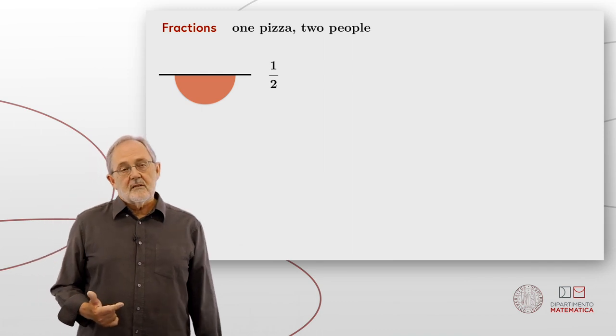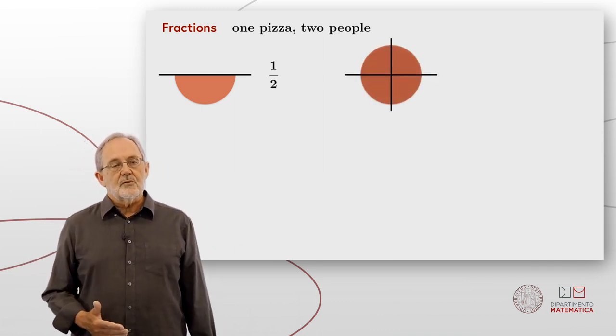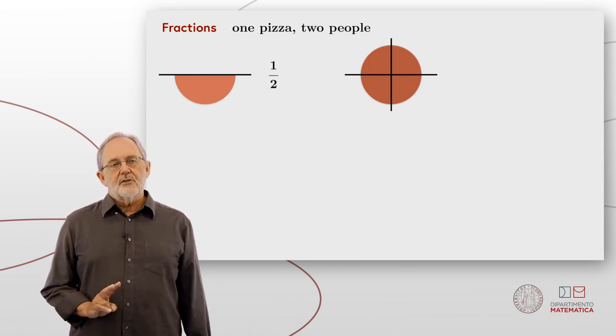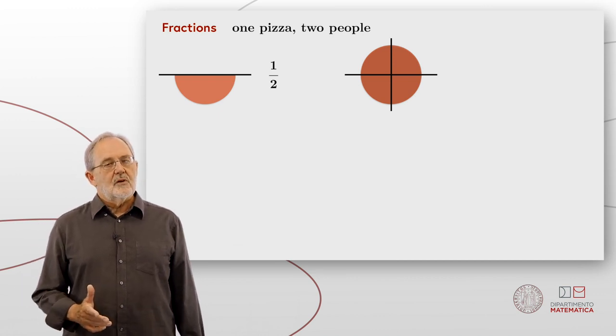However, a pizza can also be cut into 4 equal pieces by 2 cuts, as I've shown. In that case, you would want 2 of these pieces. If you took 2 of them and kept them for yourself, you would have 2 pieces out of 4.